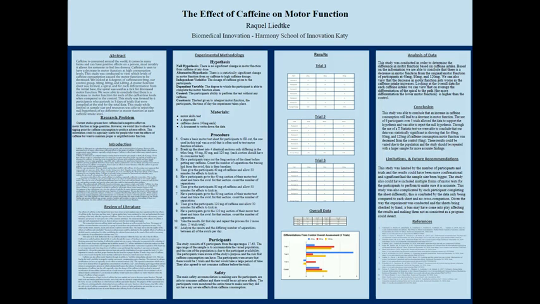The independent variable for this study would be the dosage of caffeine given to the participants. Again, 40, 80, and 120. The dependent variable would be the degree to which the participants are able to complete the motor function test. This motor function test is just a swirl in which they must follow and trace the line properly. Each deviation from the swirl would be a point removed.